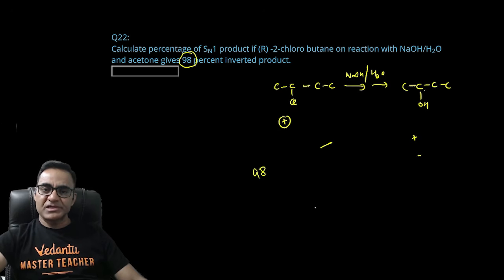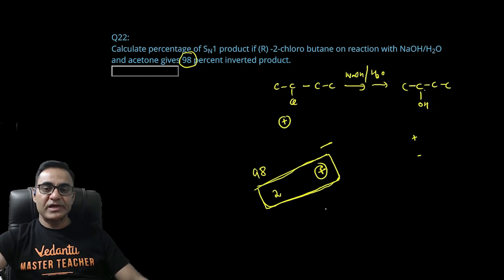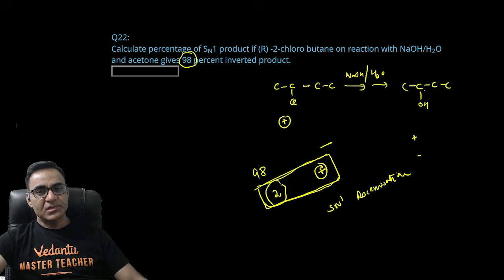ठीक, अगर 98% (+) का (−) बना है, इसका मतलब 2% किस में रहा होगा, रिटेन प्रोडक्ट रहा होगा (+) फॉर्म में। तो ये जो (+) फॉर्म बनेगा वो तो SN1 के थ्रू ही बन सकता है, क्योंकि SN2 में तो हमेशा इन्वर्जन ही होता है। तो अगर SN1 के थ्रू 2% यानी रिटेन्ड प्रोडक्ट बना तो SN1 में होता है रेसमाइजेशन। रेसमाइजेशन में आपका (+) एंड (−) दोनों बनेगा।